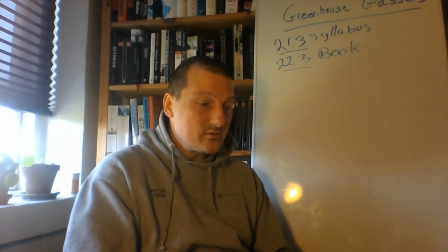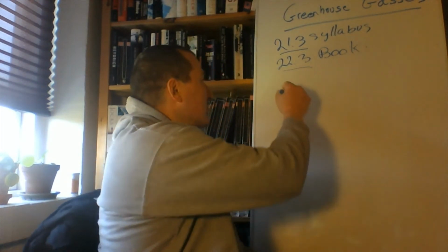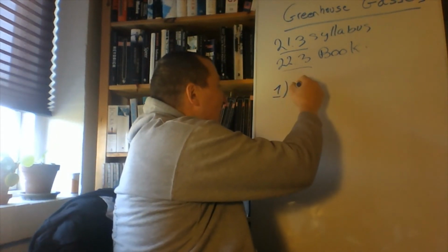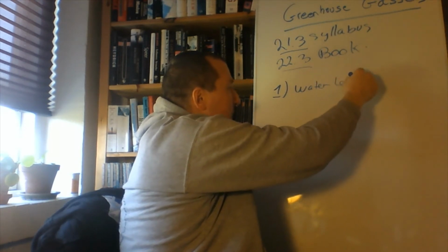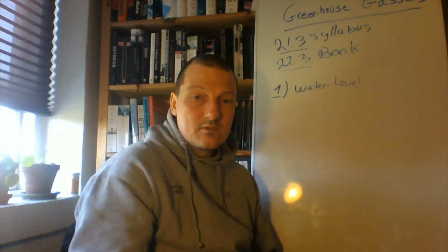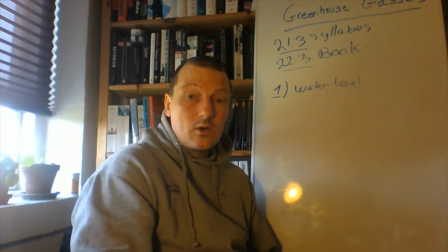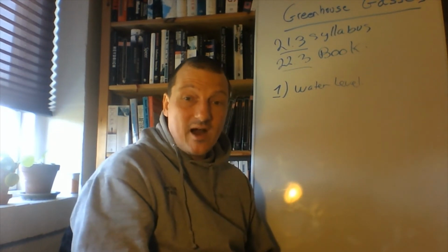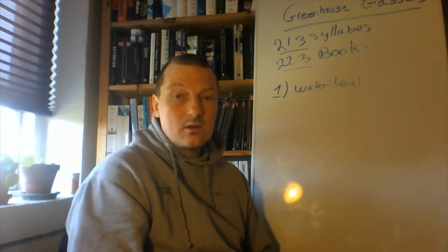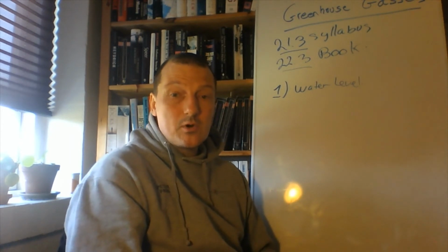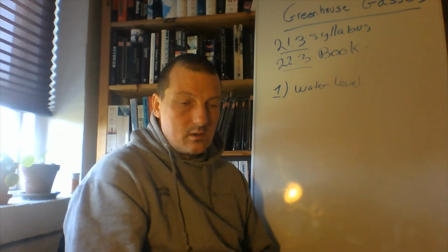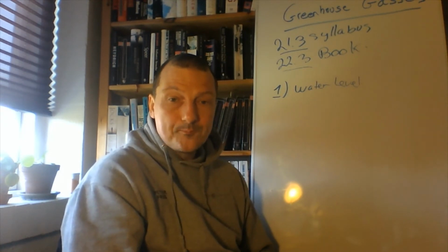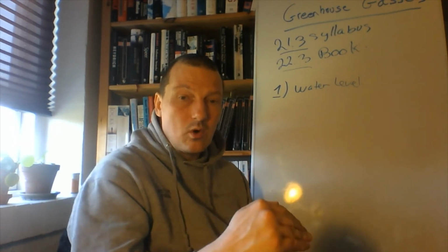Because some of the consequences of global warming can be that, one, we have a water level that will rise. The seas will swell, not only because you have melting of ice in the glaciers, in the Antarctic and the Arctic, but also because hot water simply expands and takes up more space than cold water. So a higher water level